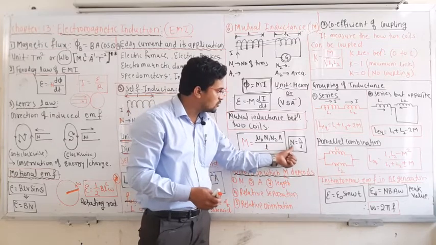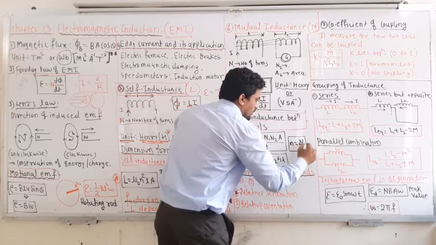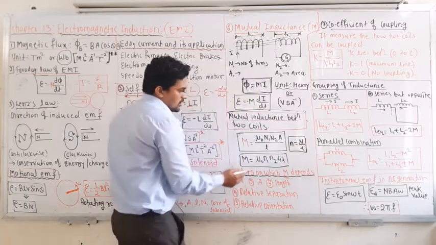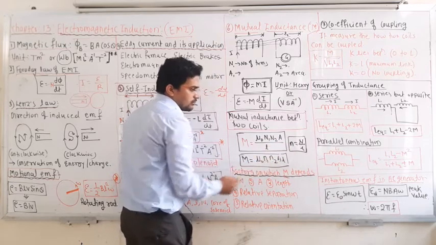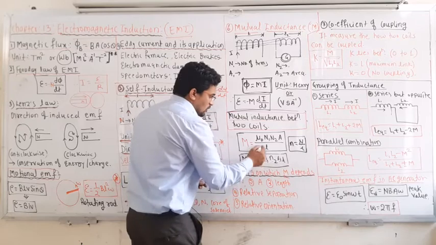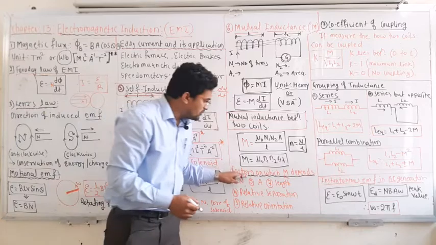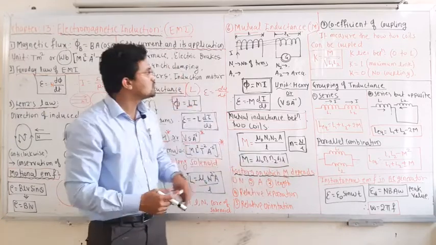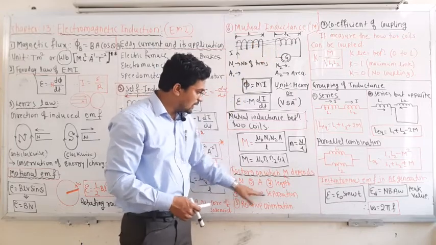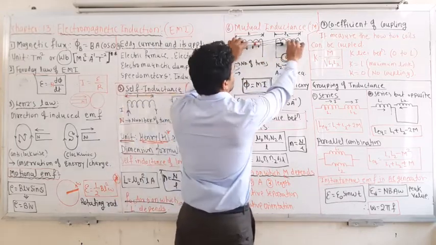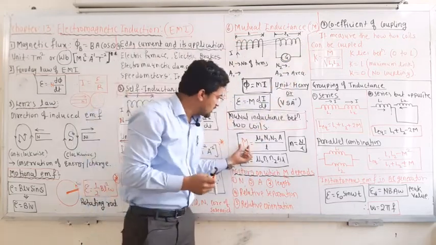Here small n is equal to capital N divided by L, the number of turns per unit length. If you place n1 n2 instead, you will get mu naught n1 n2 AL. So these are the two equations, and for self inductance these are the two equations. So remember, on which factors does the mutual inductance depend? It depends on the number of turns, the cross section area of the coils, and then the relative separation, that means how far these two coils are placed, whether they are very close or apart.